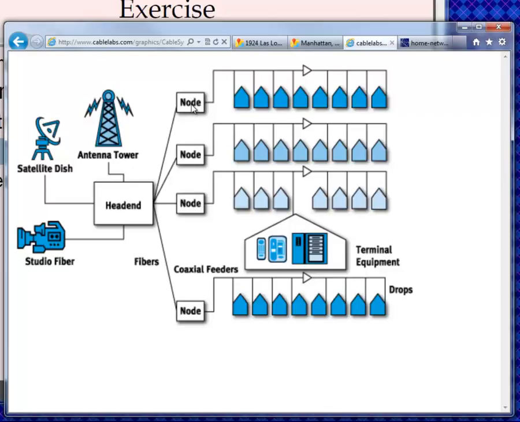Now, once we get to the nodes, they are connected in a star fashion to the head end. Okay. Now, this is also a fairly simple diagram. In a very large city, and Albuquerque may actually be large enough for that, you may have a head end connected to, say, 2 nodes for the Northeast Heights. Those nodes in turn connected to, say, 10 nodes for various neighborhoods within the Heights,